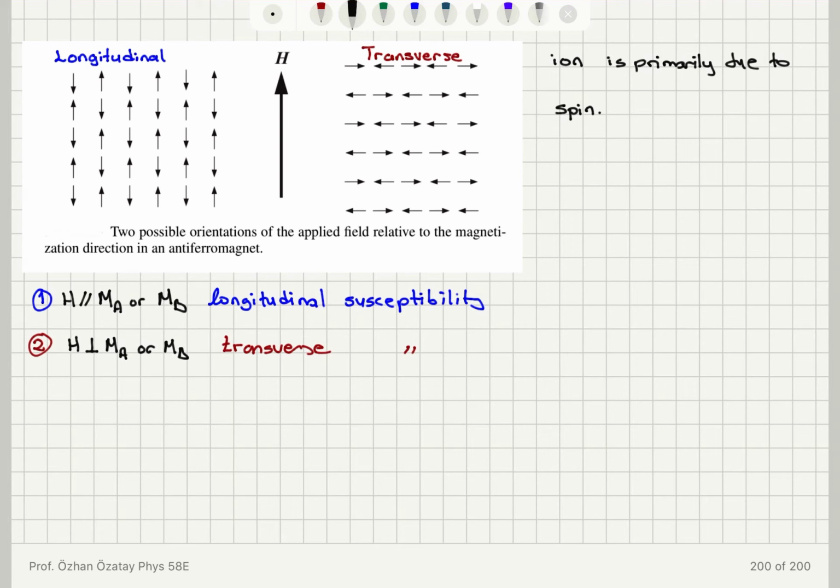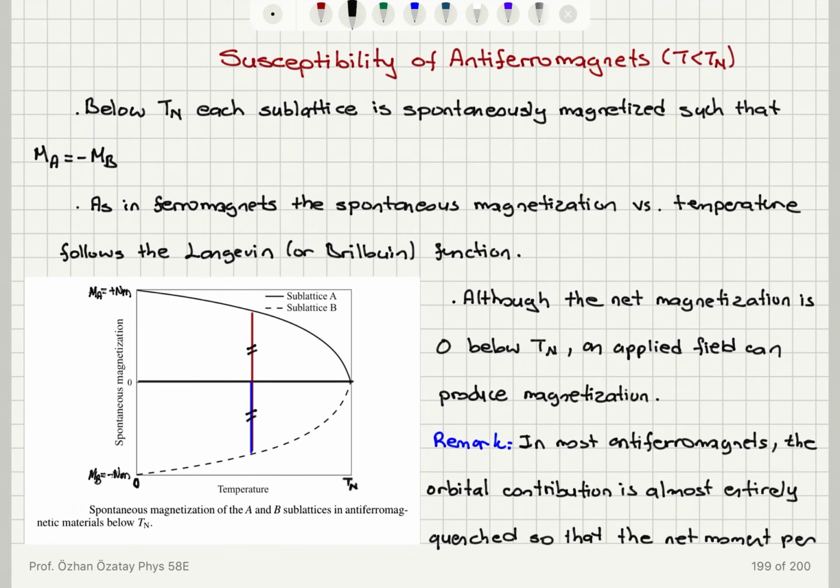We will discuss these two in more detail, and then we will talk about powder susceptibility, where we have all directions possible. So okay, for antiferromagnets below the Néel temperature, we have the two sublattice magnetizations exactly canceling each other at each temperature with no applied magnetic field. And this spontaneous magnetization of the sublattices follows a magnetization versus temperature curve as in ferromagnets, the Langevin or Brillouin function